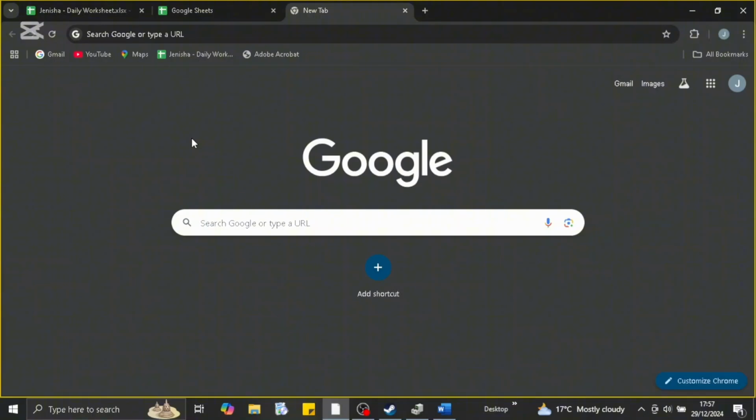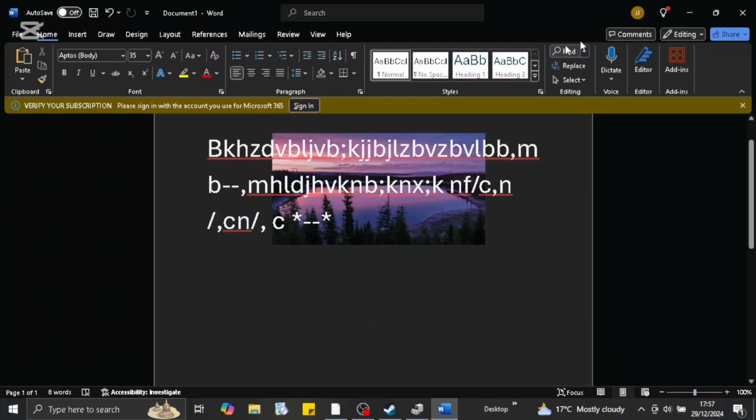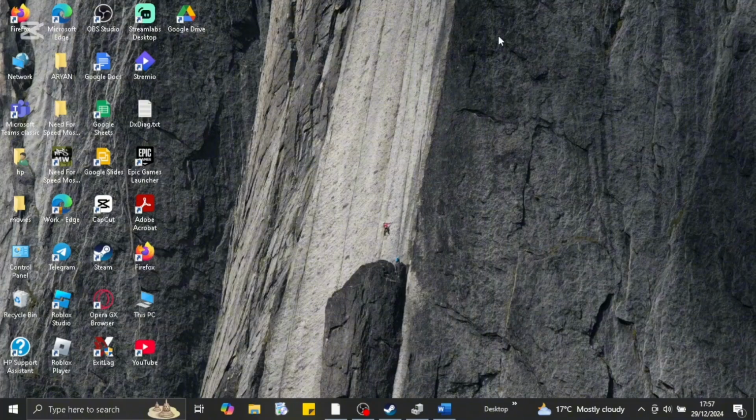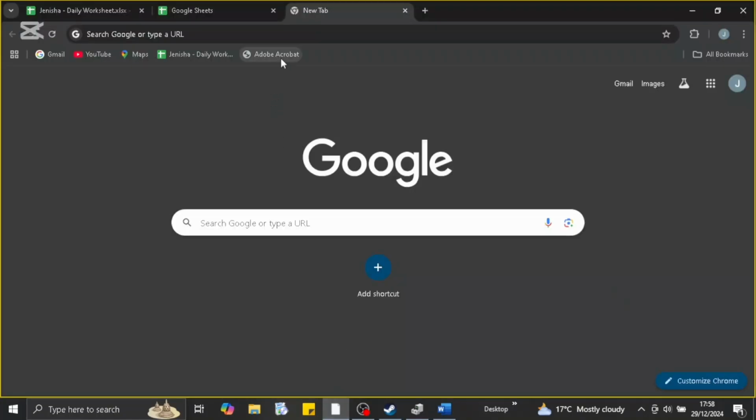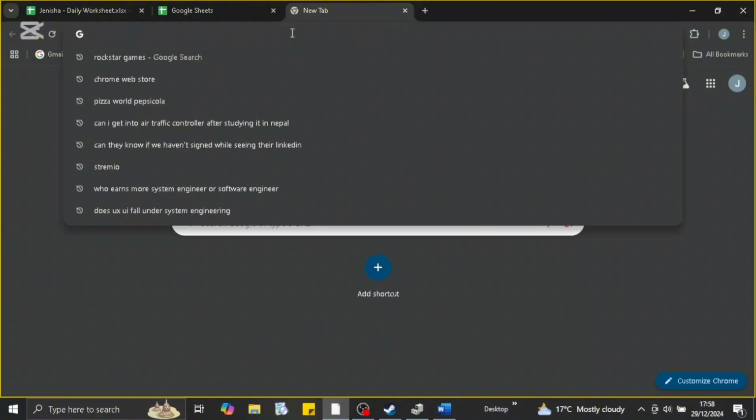So if you're looking for how we can find your Microsoft account password in your account, let's just go ahead and look out on how we can do it. You may just go ahead and open up your Chrome browser on your desktop, and look out for your account. If you already know your account that is linked with Microsoft, the details like your email address, you're just going to open up a Chrome browser, and here on the search bar you're going to type in